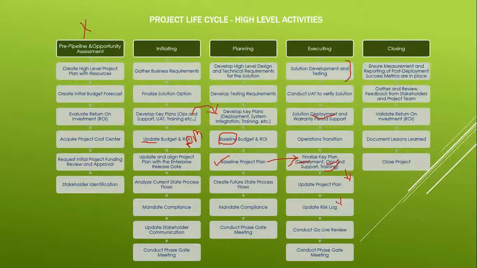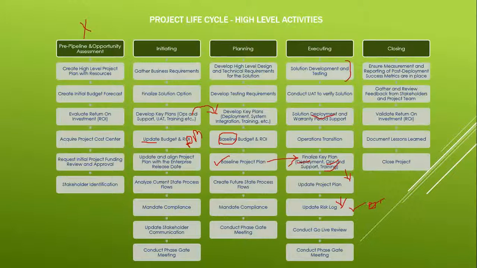Update the risk log. If some risk occurs and you handle it through the mitigation plan, you do that. If not, you update all the necessary risk log details: the risk occurred, this is the action that was taken, this is how you resolved it. Again, this will be a joint effort of the PM and BA, or it varies from company to company. The PM may ask the BA to just do it, but primarily I have seen the BA doing it and coordinating the effort.